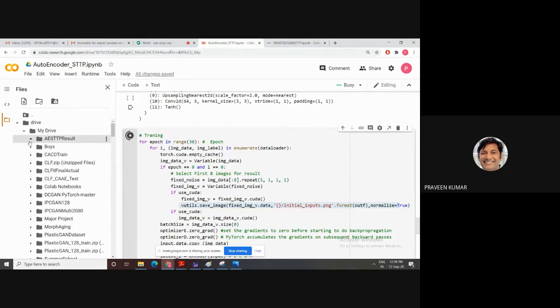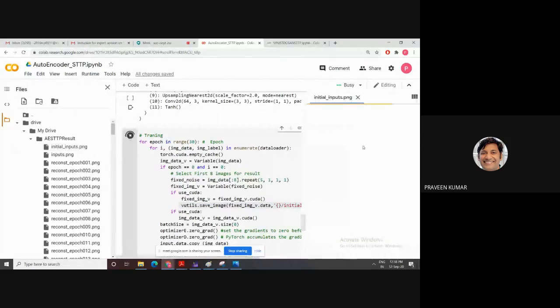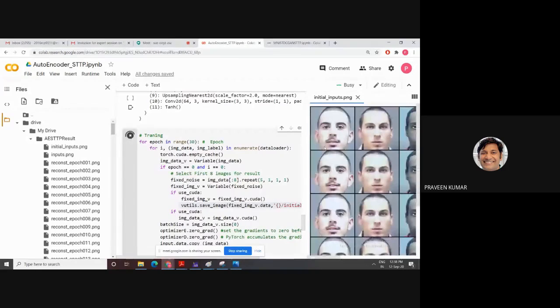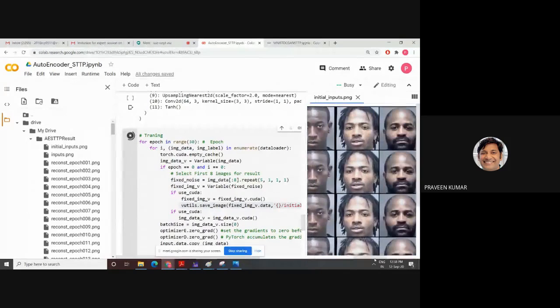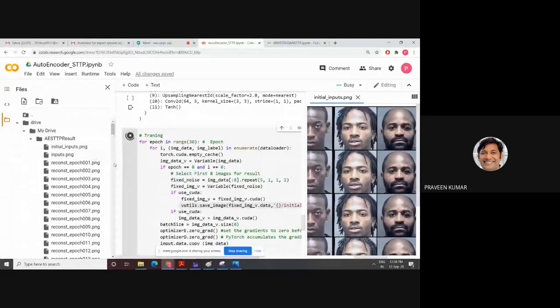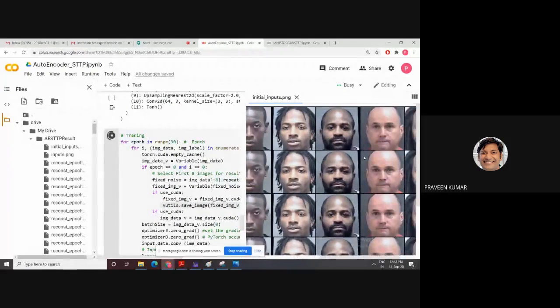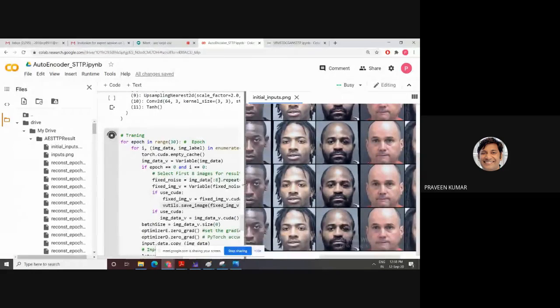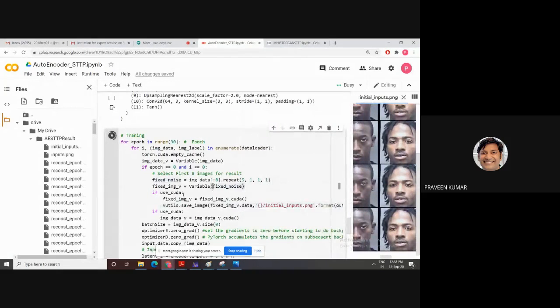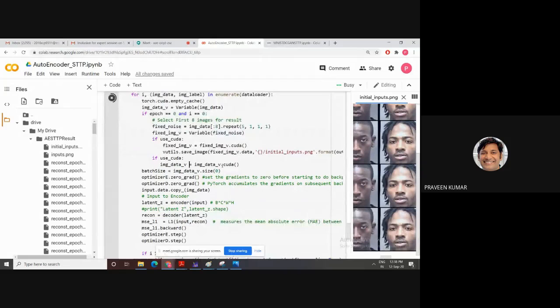This way I have created the grid using this line. So this way you can create your grid. Then the variables are saved and converted into CUDA. The first parameter is always the batch size; the size returns 4 values: batch size, channel, width and height. If you mention 0, you get the batch size.